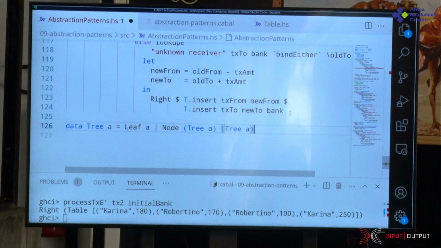And in the node case, so we have Node left right. Well, we recursively first label the left tree. So we do label prime, I will change that in a second, with next label and the left tree, and the result will be